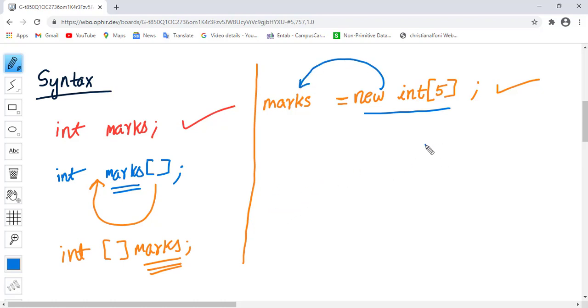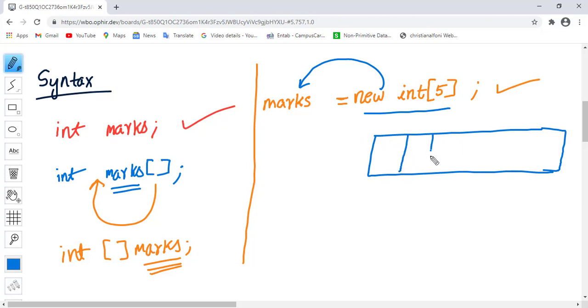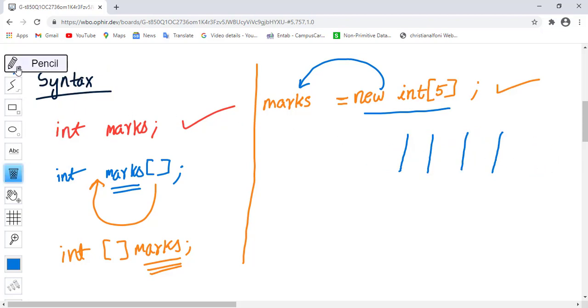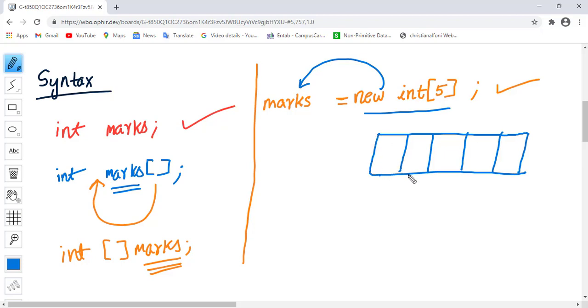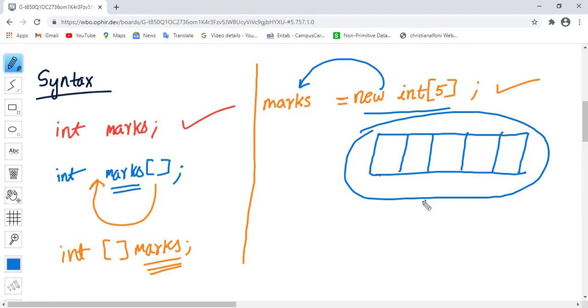So what will happen in the memory? You will have 5 blocks, and we can call this the object.